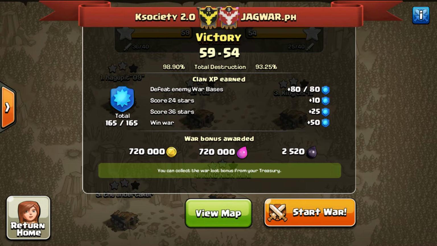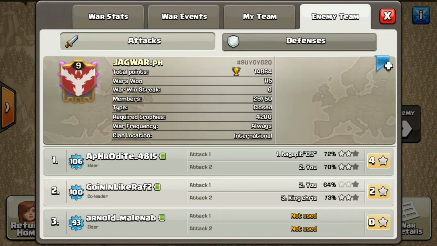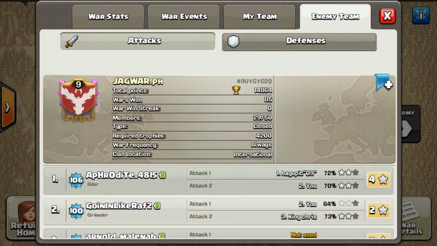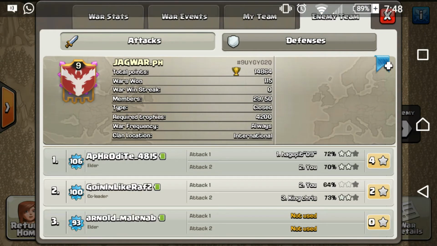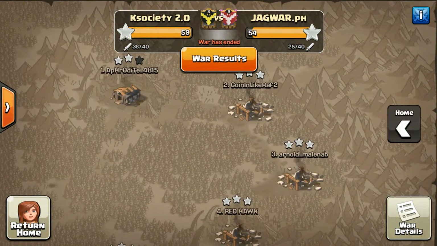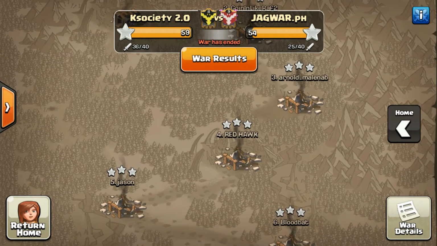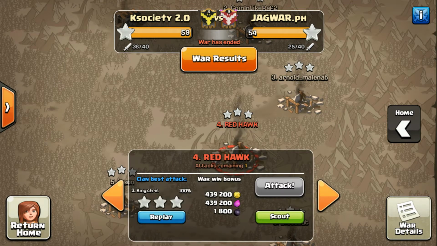So it was a 59-54 victory against JAGWAR.PH, probably an Asian clan. Oh, it doesn't have a description, right? Okay, so let's get into it. We were 1 star off a perfect war, and that was on number 1, but there was not anything particularly